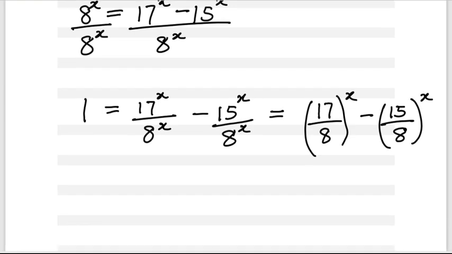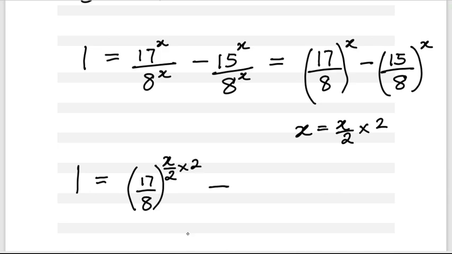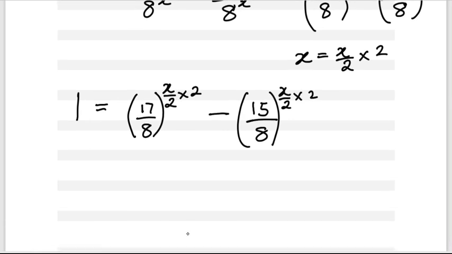And as we know, just as we did earlier, x is the same as x over 2 times 2. So if we apply this here, we're going to have that 1 equals (17 over 8)^(x over 2 times 2) minus (15 over 8)^(x over 2 times 2),